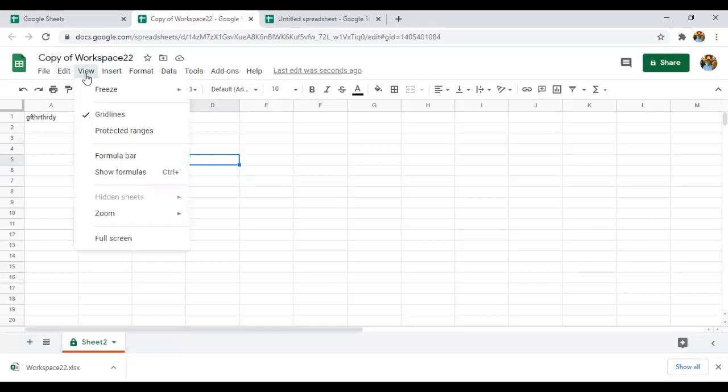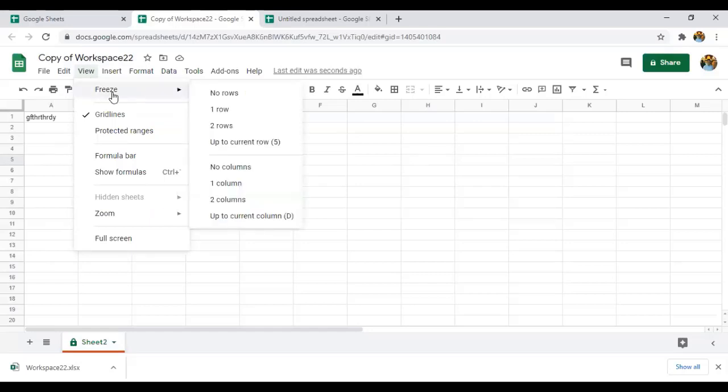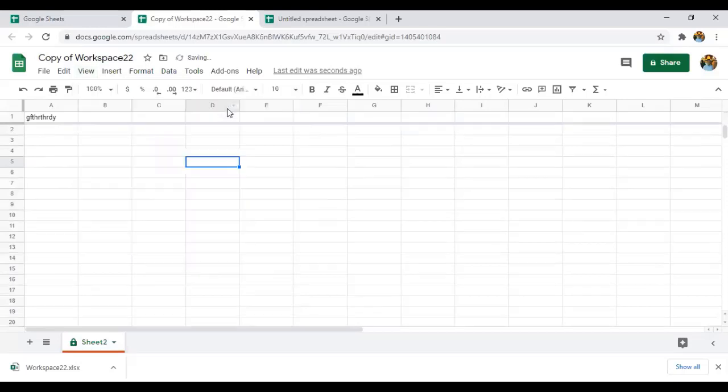And coming to the view, you can see there are some grid lines, protected ranges, formula bar, show formulas, zoom, full screen. So freeze, we can freeze any number of columns. You can see here no rows, no columns, so I'm going to freeze one row. So see, you can see a line.